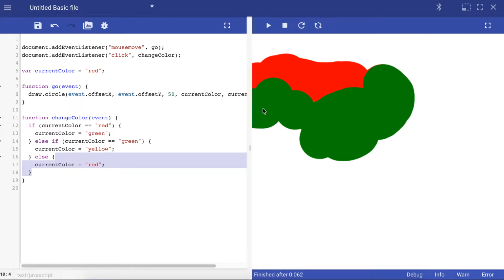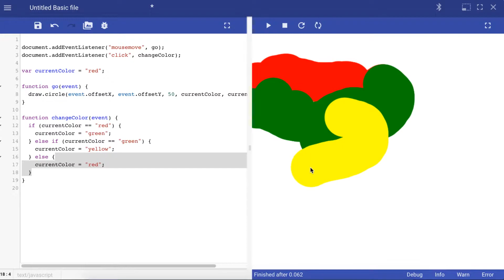Okay, so back over here we've got our green. Let's click, and now I'm getting a yellow. All right, and now if I click on the yellow, the current color is currently set to yellow. So if current color is red, false. Else, if current color is green, false. Else, set the current color to red. So if I'm over here and I click,